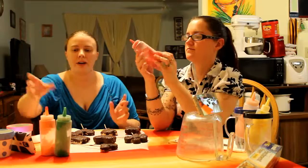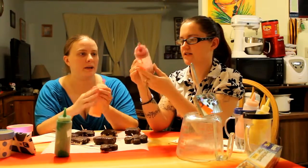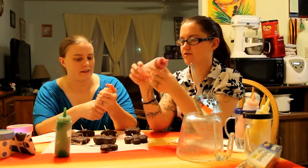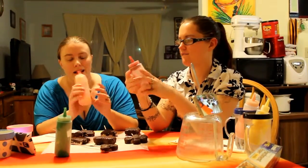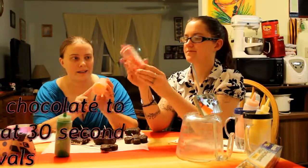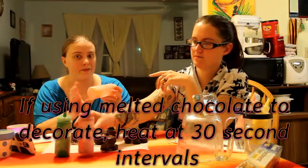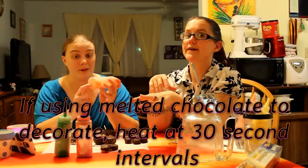Okay, for the last step, we are decorating with different colors of melted chocolate. We are using the Wilton candy melts, the bags that we held up earlier, and we really like these squeeze bottles. You can find them at the dollar store or Walmart for 50 cents. They're great because you can pop your candy melts right into them and microwave them right in the bottle. Melt them again in short increments at a time,